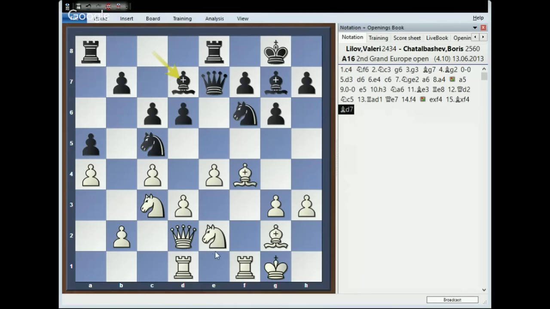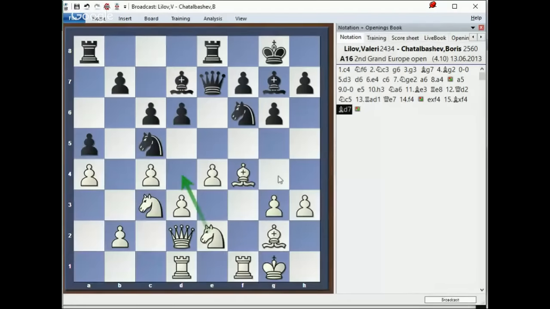Knight d4 may not be bad, but then you just jump with the knight somewhere and attack the knight or whatever. No, I didn't want that. I played rook f2. And in some way, you realize that after rook f1, the rooks are going to have perfect coordination, so I can start attacking the f file. It's really easy, and you guys can do it. I know you can do it.